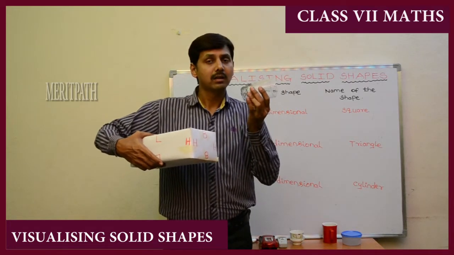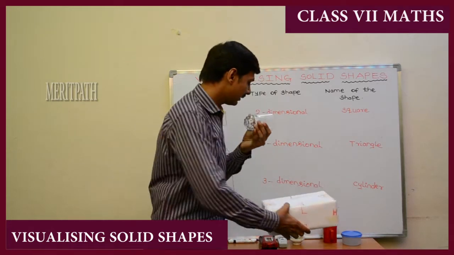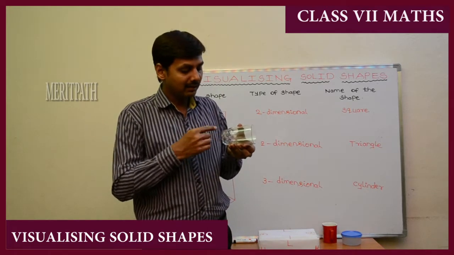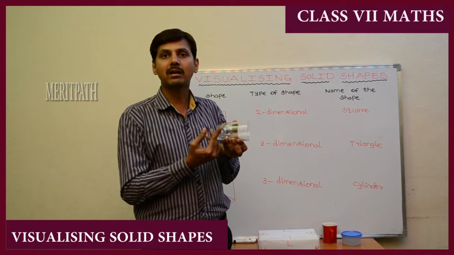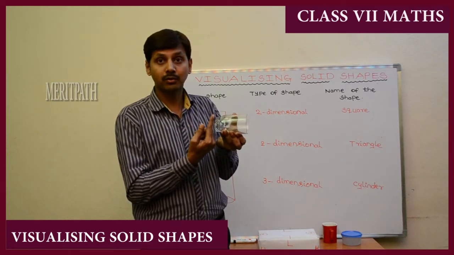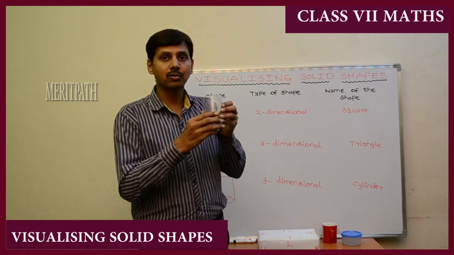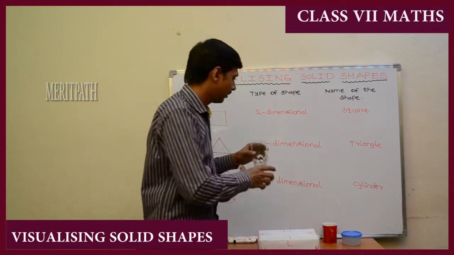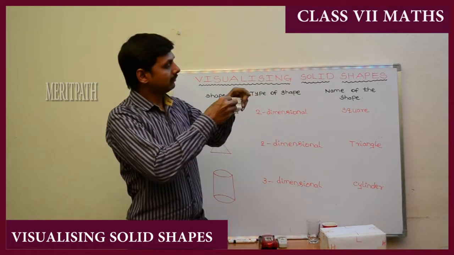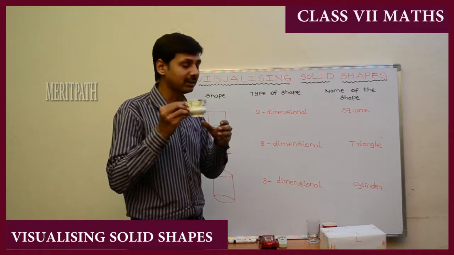We will find out the dimensions in this cylindrical glass: length, breadth, height. In a similar manner, we take the length, the breadth and height that we have. So what is the width? In this manner, length, breadth, height of the glass. So this is also a three-dimensional solid. And let's take this cup. This is also a three-dimensional solid.